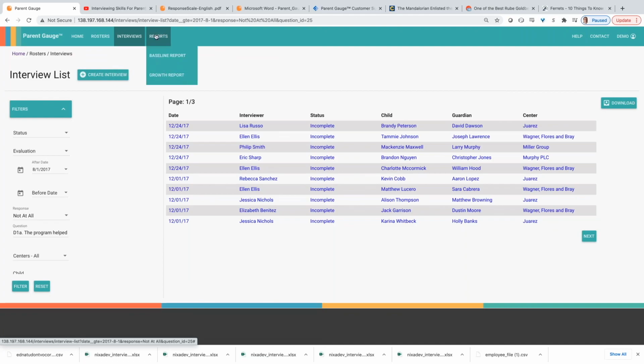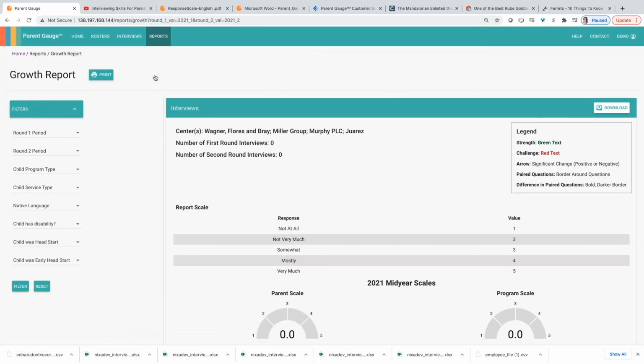Now, before I forget, really quickly, I'm going to go back to the growth report. I want to point out that you can print out all of the raw data. So there is a download option right here, and that's going to generate an Excel spreadsheet of anything, however you've applied the filters. It's going to give you a spreadsheet of that data. So I have one here that's already,